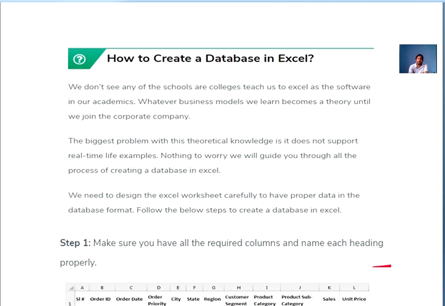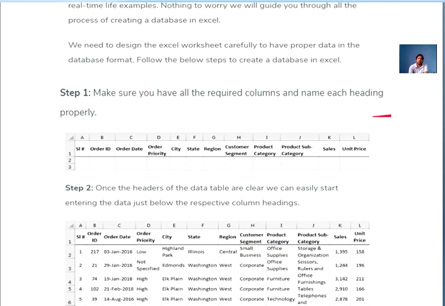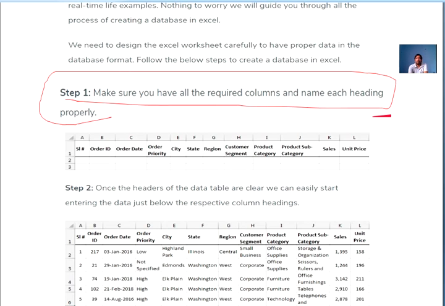Now see here. First, make sure you have all the required column names in each heading properly. First of all, we have to make sure that all the names are in the proper order.